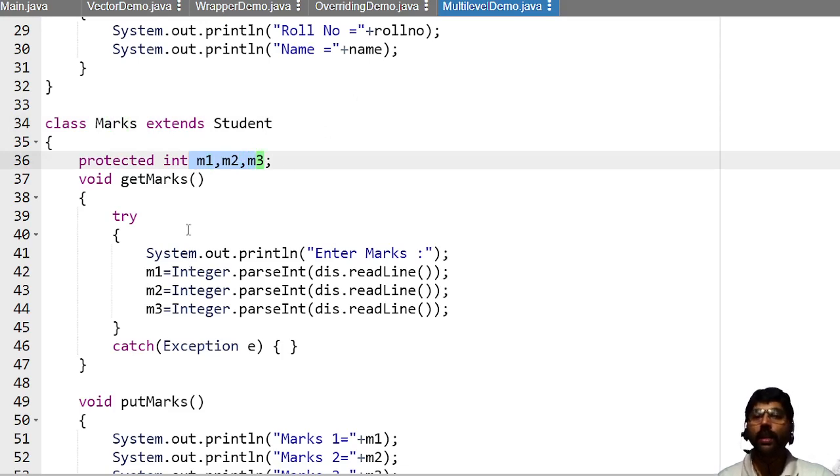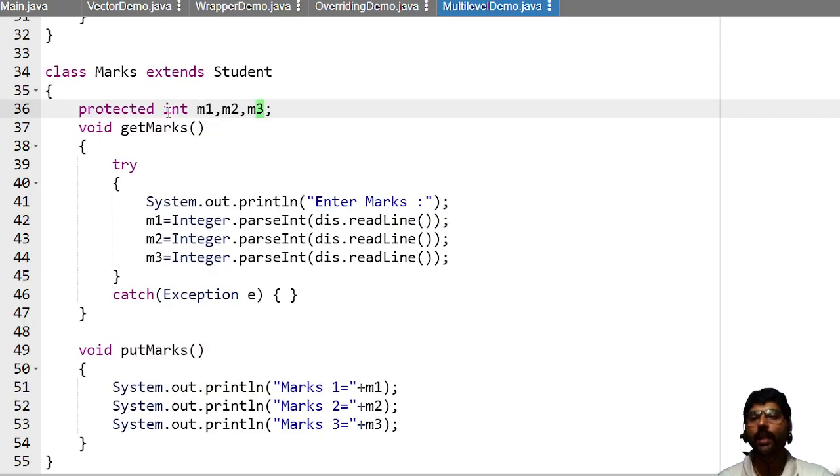Even if the class belongs to the same package, even though that class is not inheriting marks, if it belongs to the same package, then also M1, M2, M3 are available to that class.